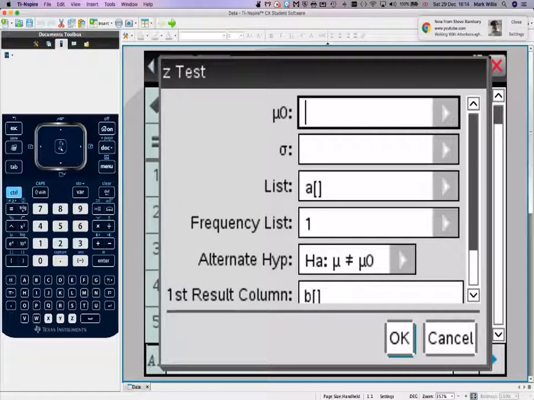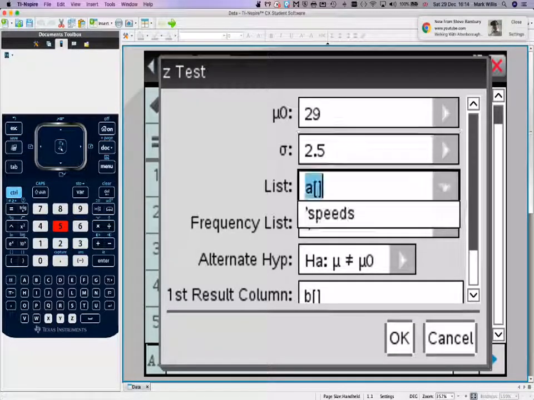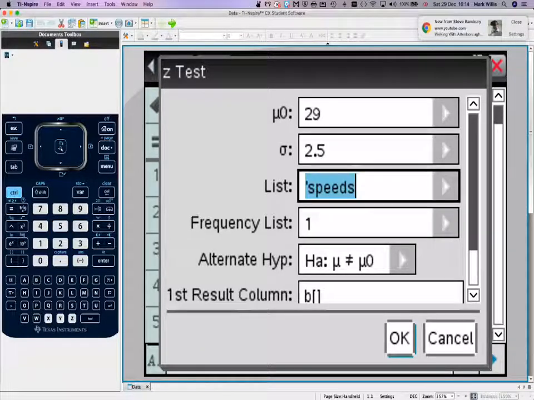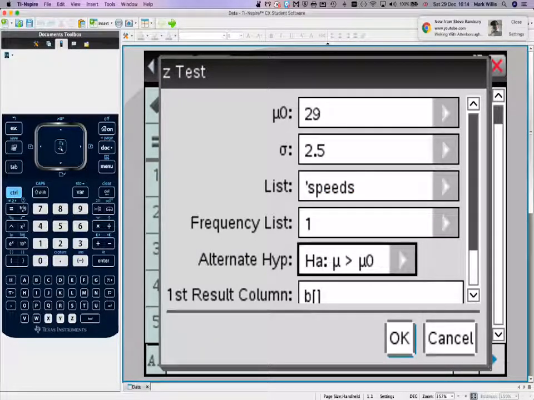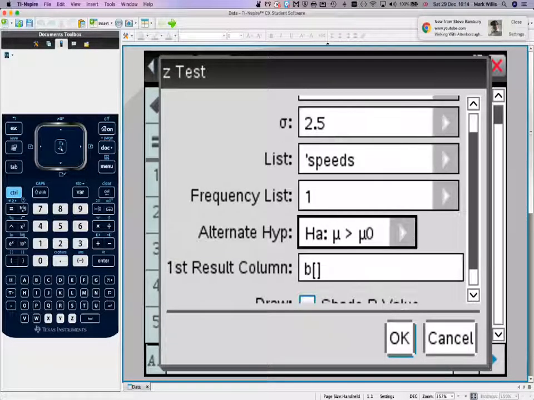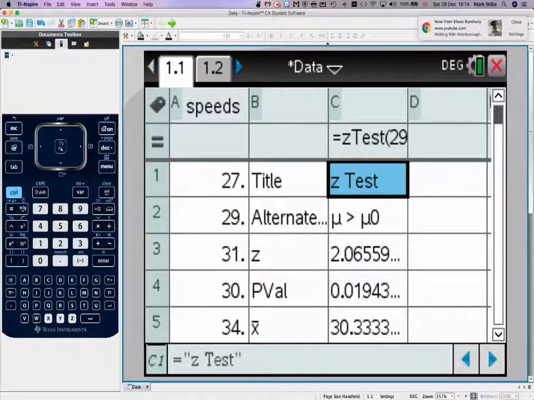It was drawn from a mean of 29 and a standard deviation of 2.5, so that's of the original data. We want it to consider, if you've labelled the list, it's easy just to change that to speeds. Each one of those occurs one time only, frequency. We were doing a one-tail test, sorry. We were looking for the alternative hypothesis to be bigger than the mean, and we put the data in the first results column, and we press OK,